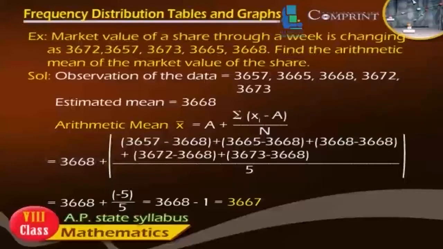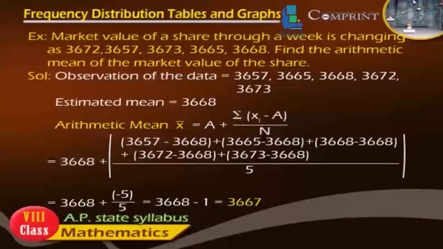Solution. Observations of the data equal 3657, 3665, 3668, 3672 and 3673. Estimated mean equals 3668. Arithmetic mean x bar equals a plus sigma xi minus a, whole by n, equals